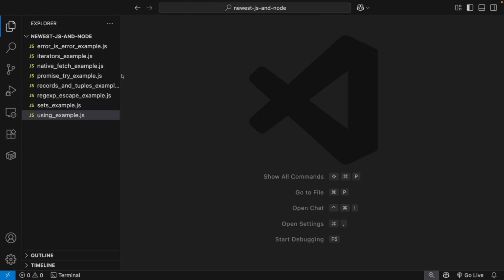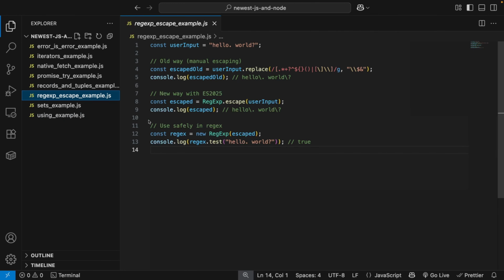Now let's talk about the next feature, which is the Regex escape function. Let's say we have some kind of user input, say from an input field on the front end. What we would normally do to escape this user input, to make sure that before we put it into a regex there are no special characters that would ruin our regex,